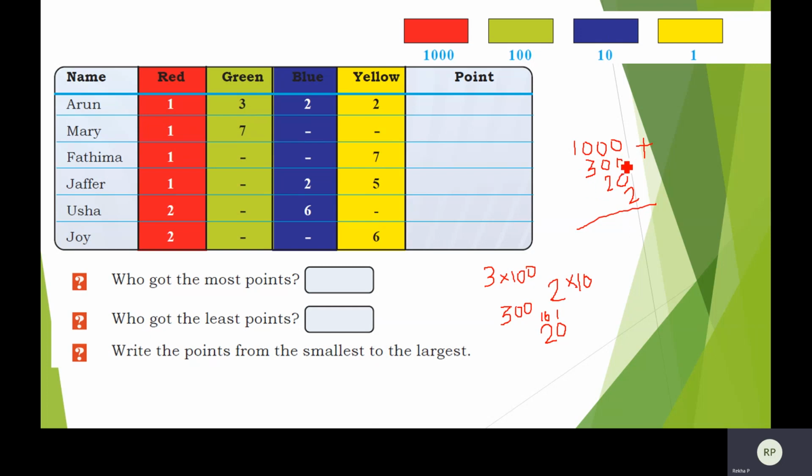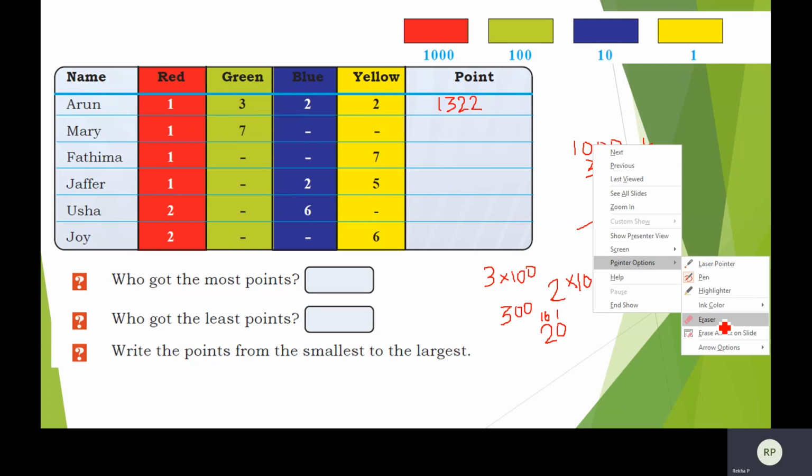Okay. So 0 plus 0, 0, and that 0, and this 2. So you will get 2. Okay. When you add these four, all 0, 0 plus 2. So here also 0 and then 2. Then 0 plus 3, it is 3, and this 1 you can bring down directly. So 1322, that is the point. In words, it is 1322. Okay.